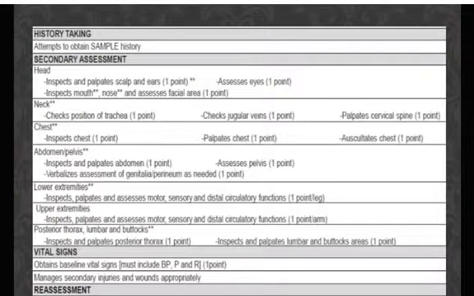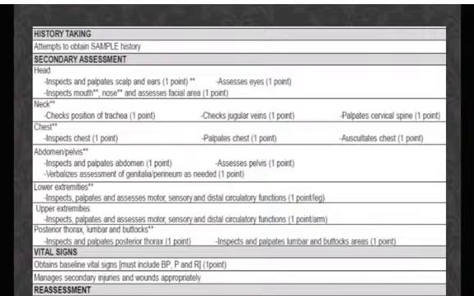Okay, so this is the history taking. That's where we get a SAMPLE history. I have taught a lot of classes to nurses and other healthcare providers, and EMS is the only one that uses the acronym SAMPLE and OPQRST. But a lot of people are adopting it, such as the American Heart Association. They have adopted that SAMPLE history into their pediatric and advanced cardiac classes because it works so well. So don't